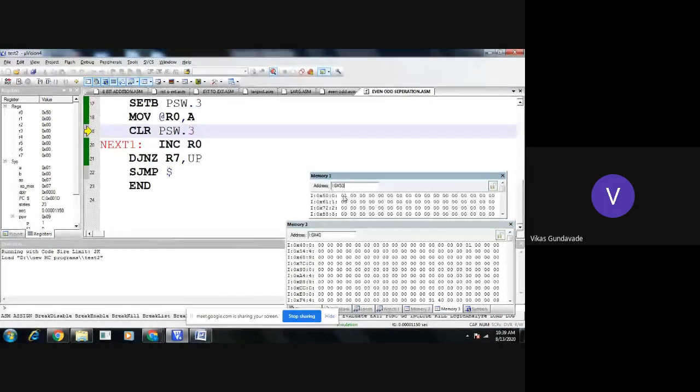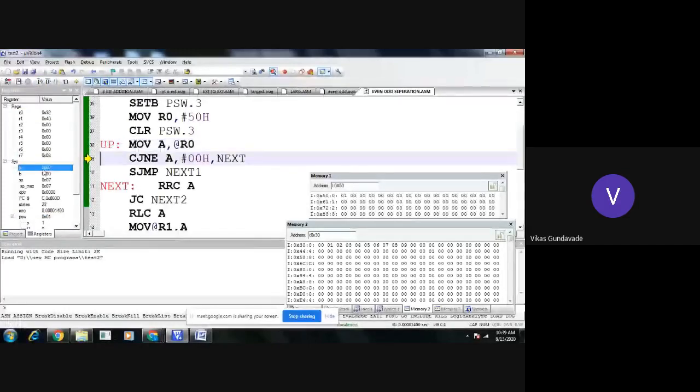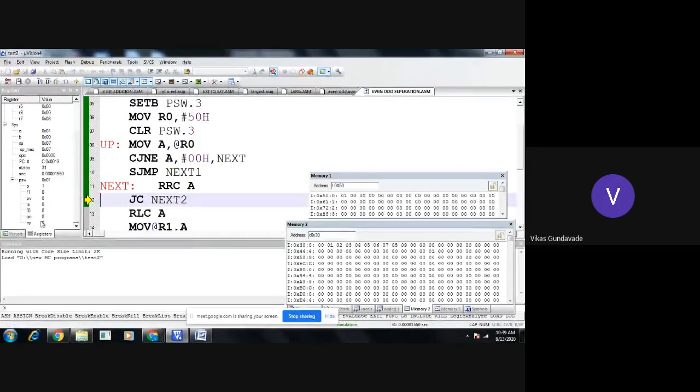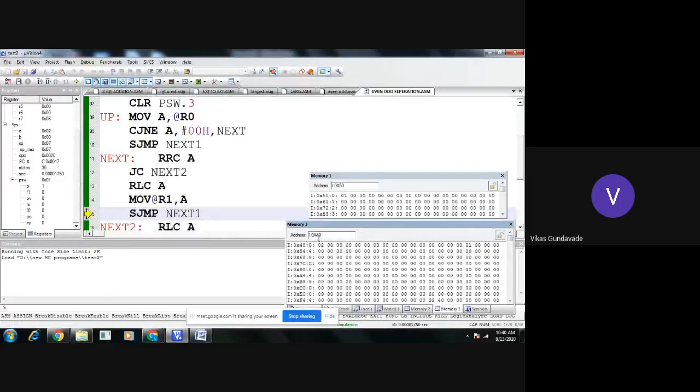Now see here the first one has come. Now here again from memory 2 we will check the next contents. Now the contents 0 2 are available in accumulator from this memory location 3. That came into the accumulator, compared with the 0 0, then rotate it. Now see here 0 2 becomes 0 1 by rotating towards the right by one position, and carry is cleared here. Carry is clear. Then again rotated left by one position. So here accumulator contents are 0 2 now, and it is shifted to the R1 register. Now see here at 40 location the contents are 0 2.